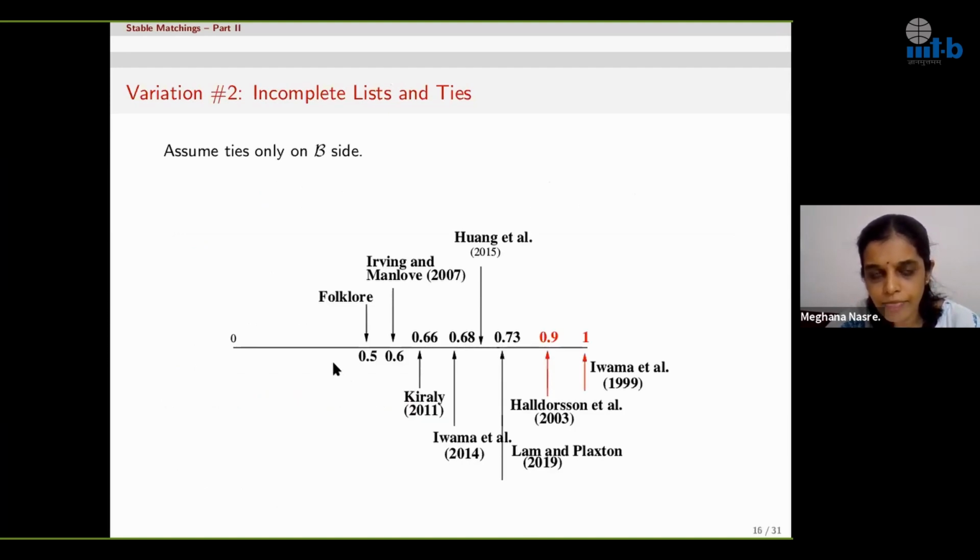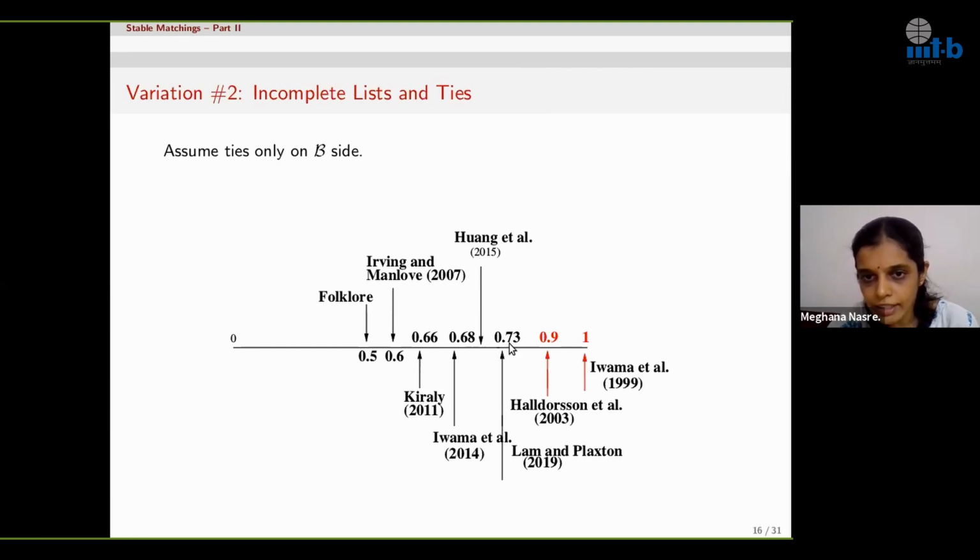This is the strict list, this is the incomplete list and ties, and again we are talking only about ties on the B side, but the general case of ties on both sides is also studied. There is a gap in the approximation. This red denotes the lower bound, that you cannot approximate it below 0.9,